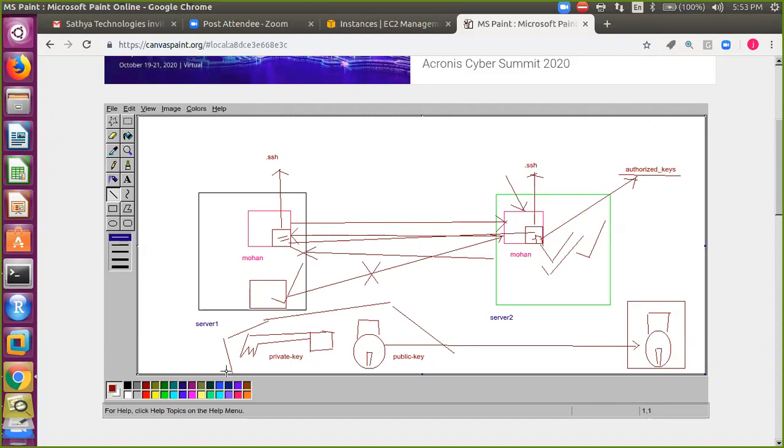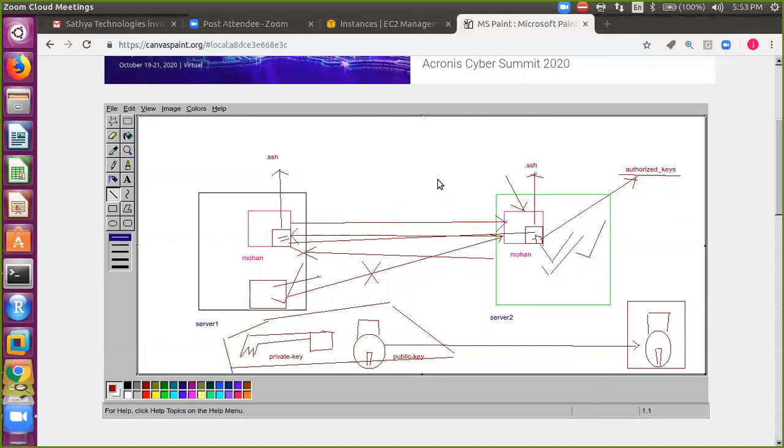For Madhuri, if you generate the public key and private key again, those will be another set of public and private keys. If Madhuri has the password of user Mohan, then Madhuri can create a public key and private key and copy the public key to user Mohan. Then only she can log in to user Mohan without entering the password. So the public key and private key are strictly for one user account only, right?